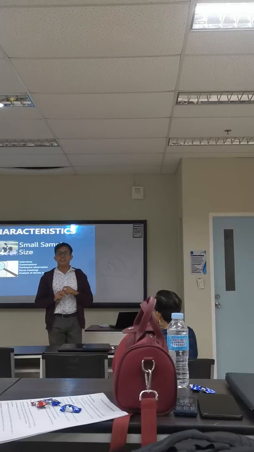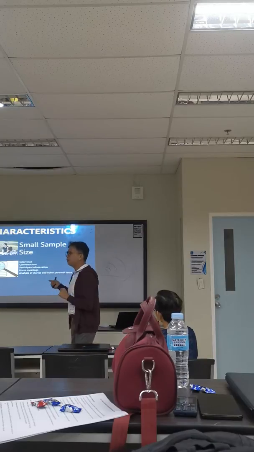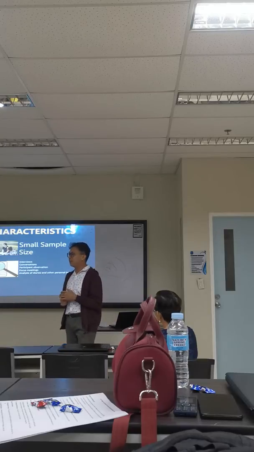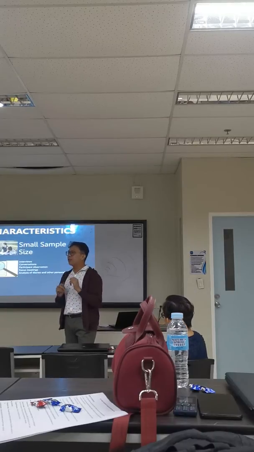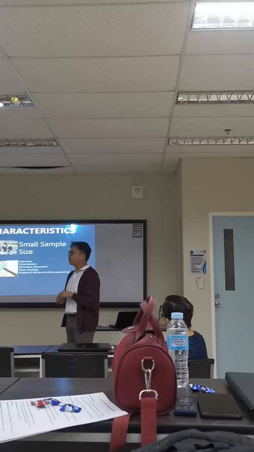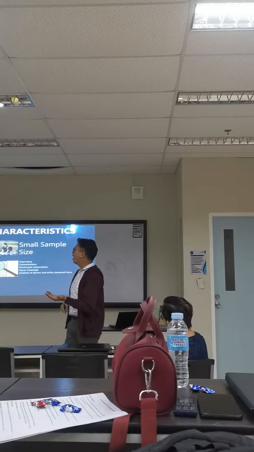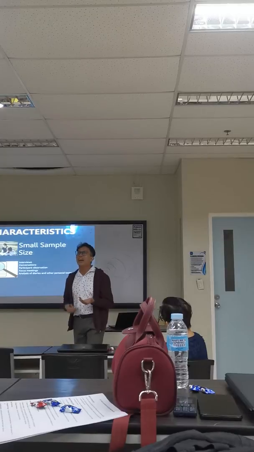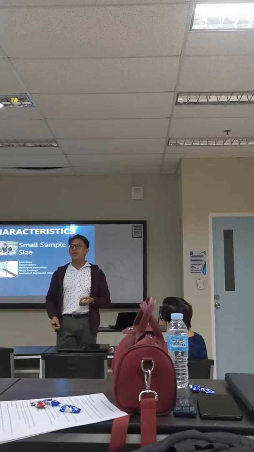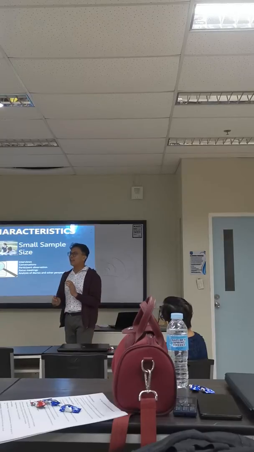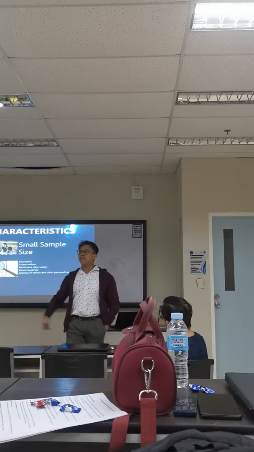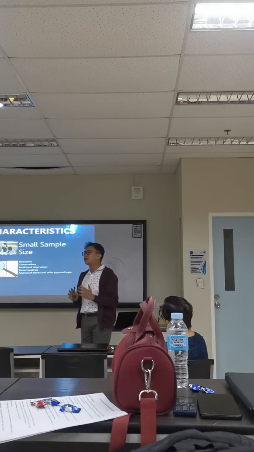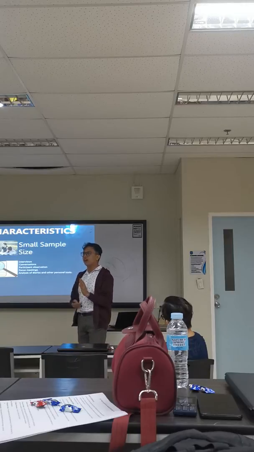Now, one of the basic characteristics of this study is, unlike quantitative, where you will be doing a universal sample, it will be very expensive for you. Because you will be sampling the whole district, the whole school. It's quite expensive because aside from printing materials, you will be giving some tokens for them to answer your survey as honestly as possible, because we cannot actually control how they answer the survey questionnaires. And that is a very good thing, a pro, of this study. We can use a small sample size, around 10 to 25 participants. And that's very good for us to perform.